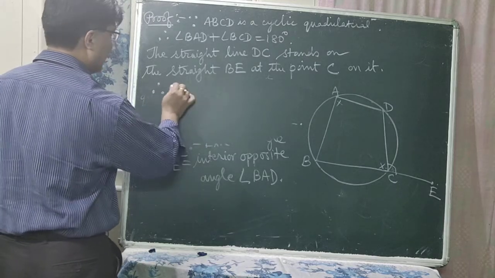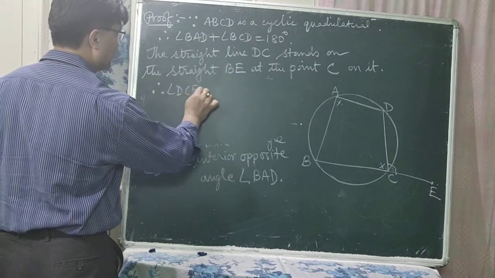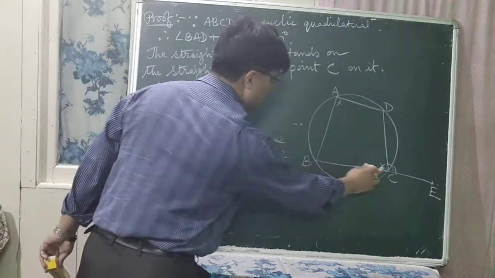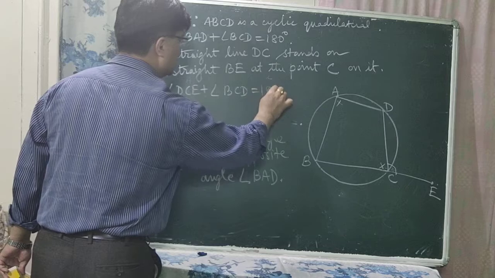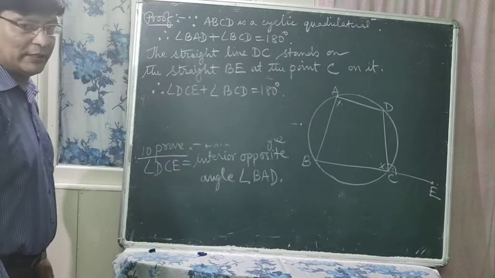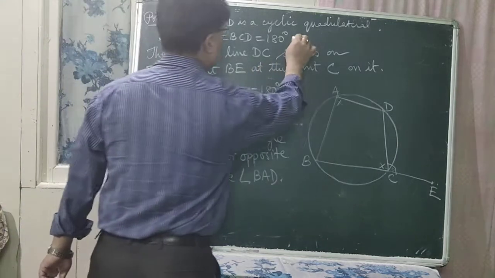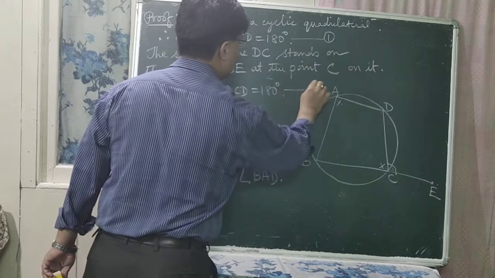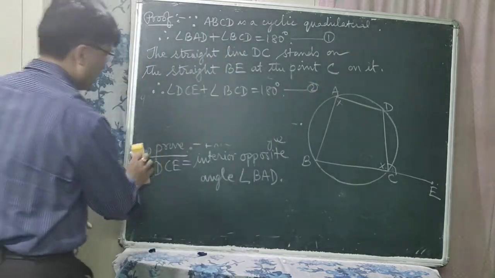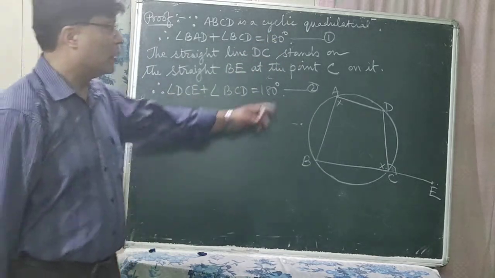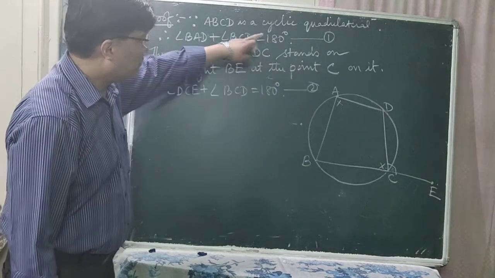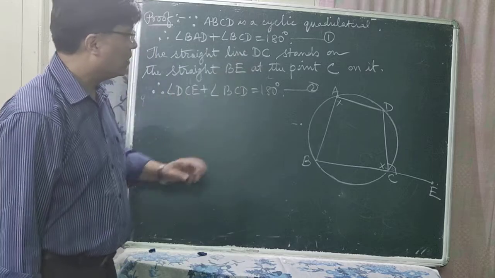Therefore, angle DCE plus angle BCD is equal to 180 degrees. Okay? So let us mark it number 1, let us mark it number 2. Now, if we compare these two, now from 1 and 2,